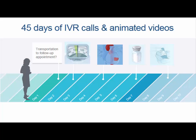Actually, I'm a three-prong. One, we don't believe it's just interactive calls of giving you some information and gathering information back, reporting it back. We also believe that you need to be educated along the way, continue to educate along the way, because that positive reinforcement of how to build upon that education is going to empower you as a patient. So it's that two-pronged, and then the third,